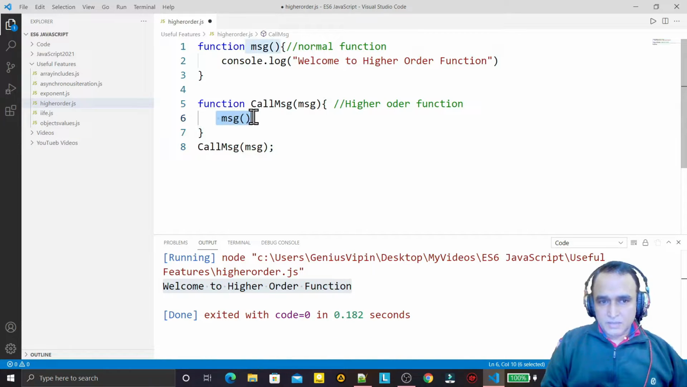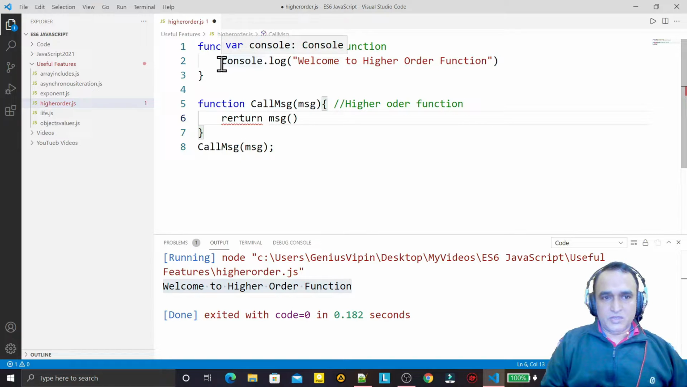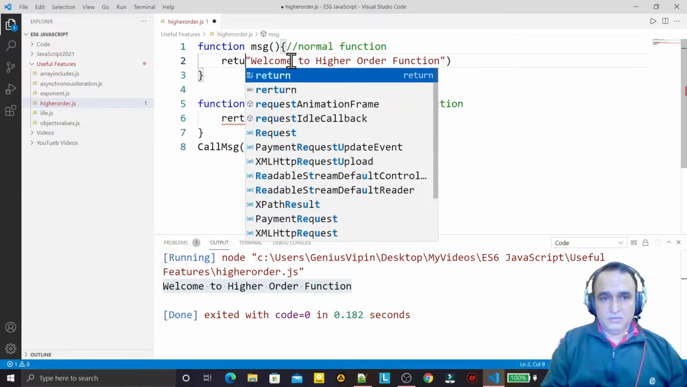And what about this msg? This msg is called a callback function, and callMessage is called a higher order function. So a higher order function in JavaScript takes another function as an argument and returns a value. If I return some value here, and this function also returns some value like this,